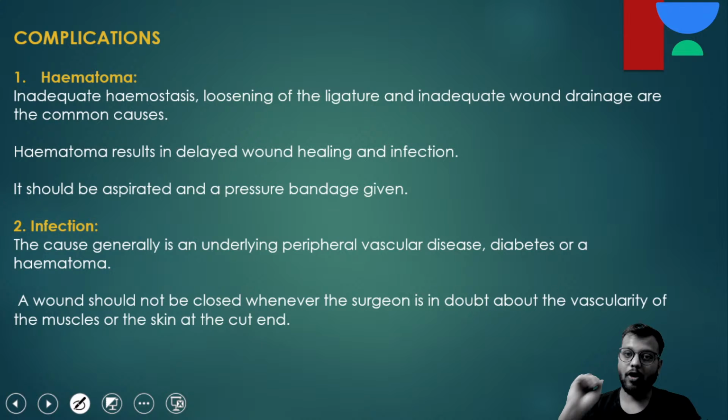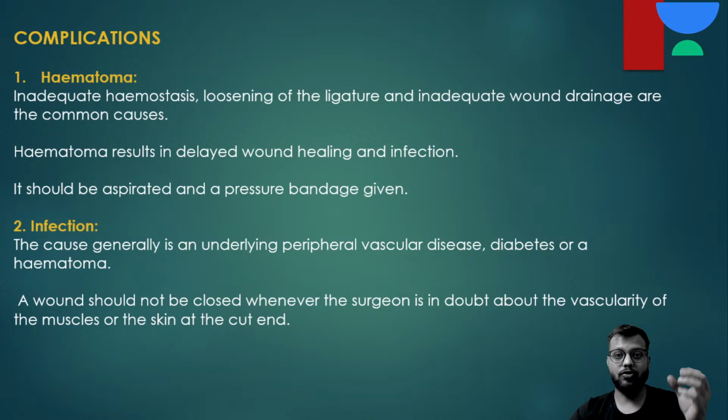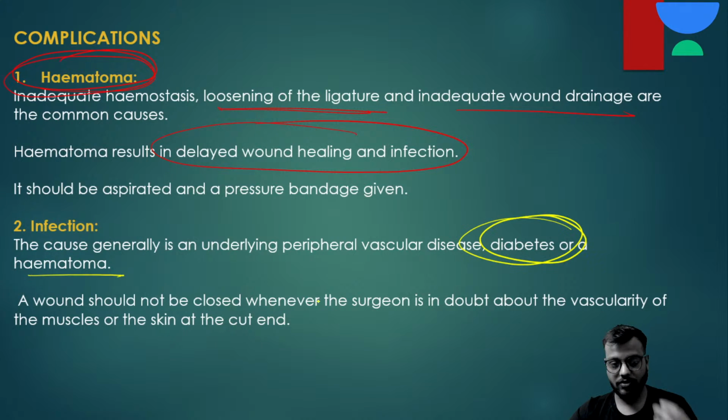Now complications: if there is not proper drainage, then there will be hematoma formation, and it will be a source and site of infection. It can be due to poor ligature, opening or loosening of the ligature, or inadequate wound draining. So wound healing and infection are delayed. So hematoma and secondary infection can be there, and generally if there is diabetes or other conditions associated, or whenever there are chances of infection or there is a doubt on the vascularity, you should leave the